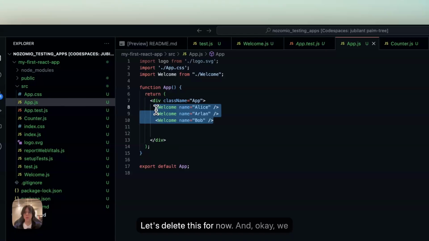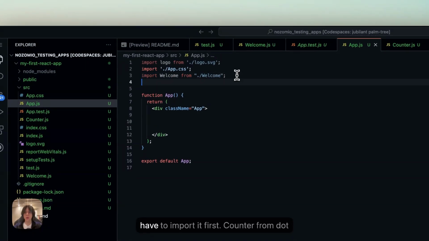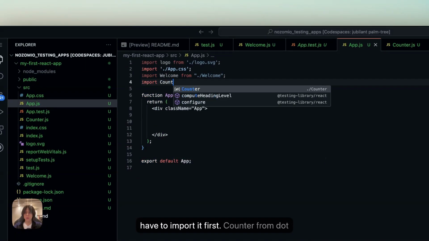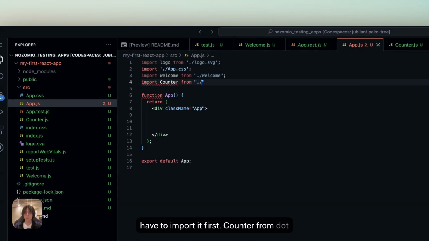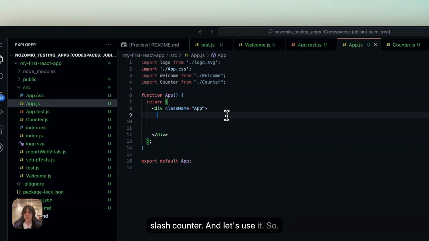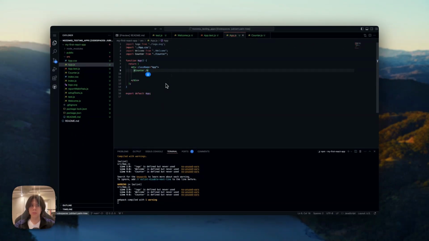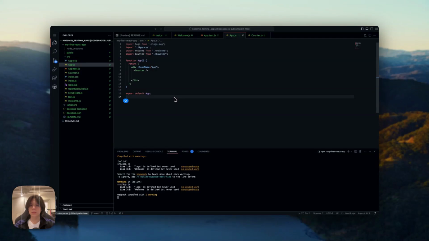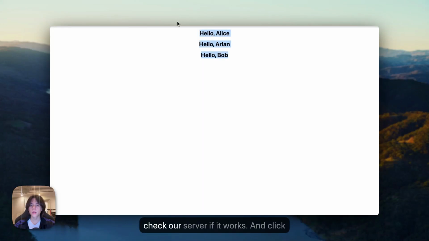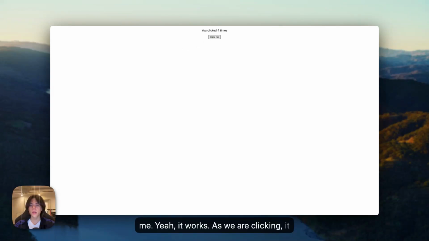Let's delete this for now, and okay, we have to import it first. Counter from ./counter, and let's use it. So counter, and check our server if it works, and click me. Yeah, it works. As we are clicking, it handles the event for the button and manages the states, so we